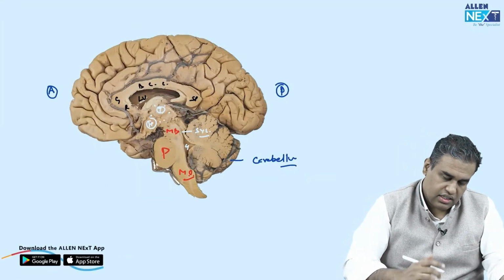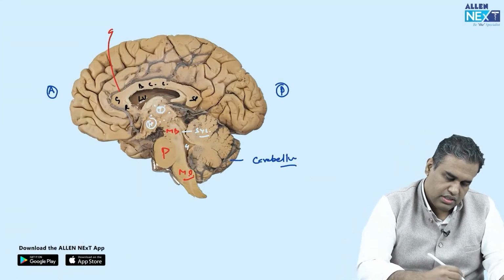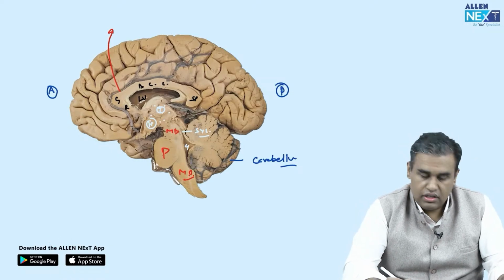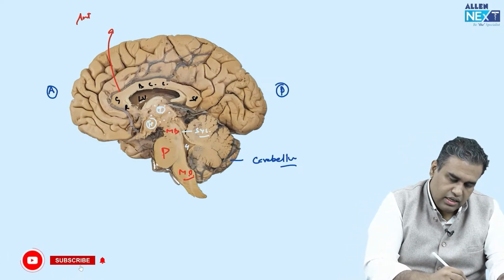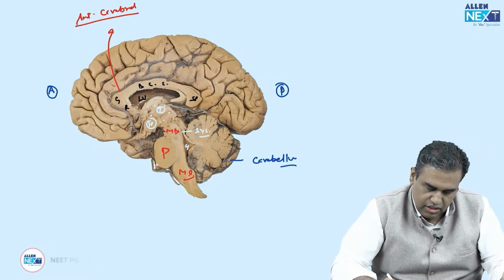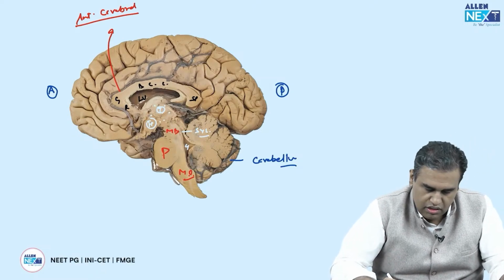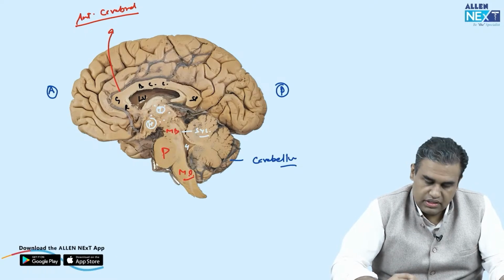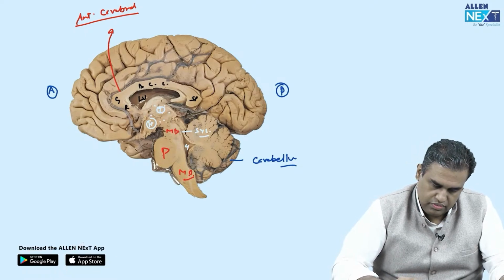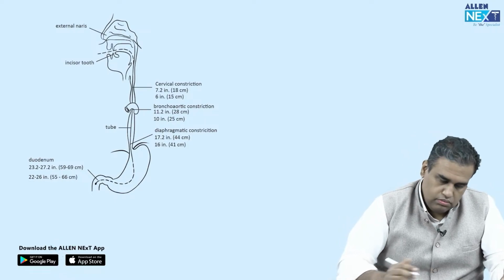Can you identify this vessel? ये vessel identify कीजिए, which vessel will be this, which artery will be this? Running on the medial side, that is our anterior cerebral artery, ये हमारी anterior cerebral artery है, okay, and all its branches, ठीक। So few structures over here, पहचानी cadaveric image of this। चलिए आगे बढ़ें,